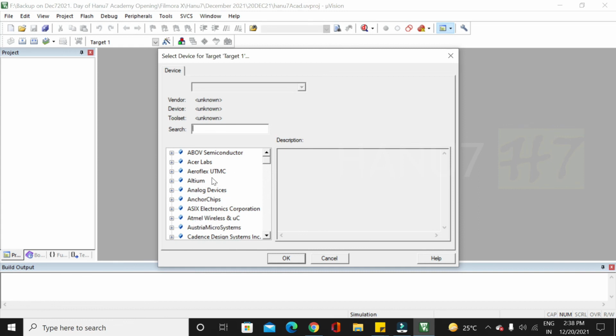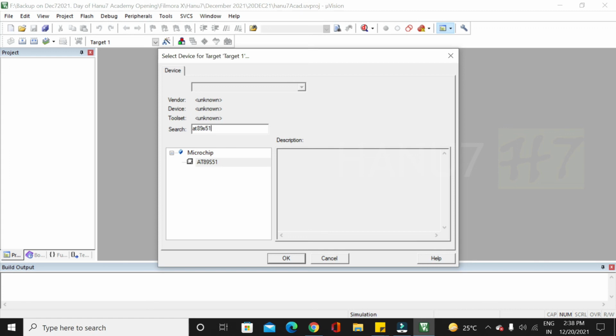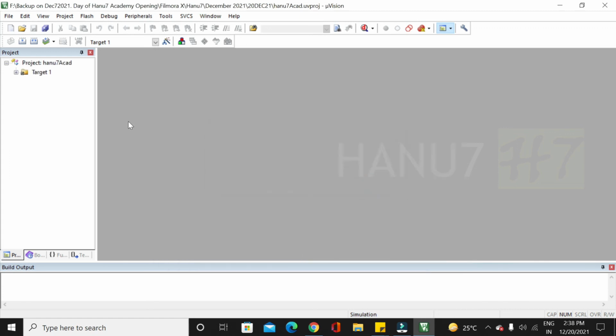If you know the company, directly select the company, or otherwise search it: AT89S51. Make sure the details are matching, and then click No when the startup prompt comes. Then the project Anu7Acad comes.